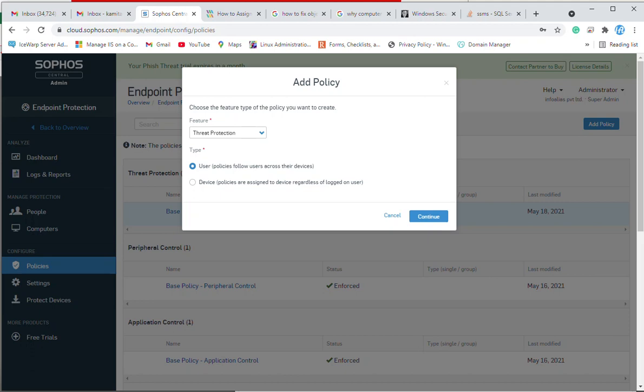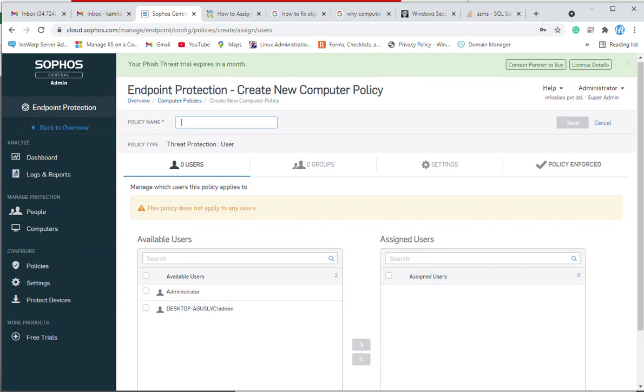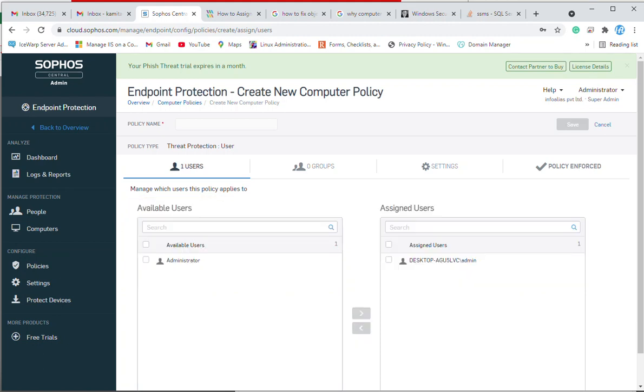Then you just need to click on continue, and once you click on continue, you need to again specify the devices. If you have 5 devices, you can select the 5 devices as well. You just need to move this machine, and here you also need to specify the policy name.